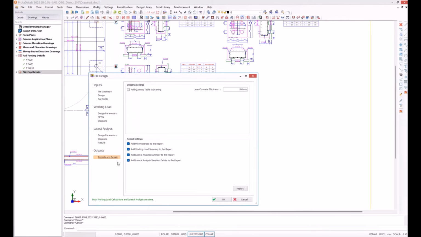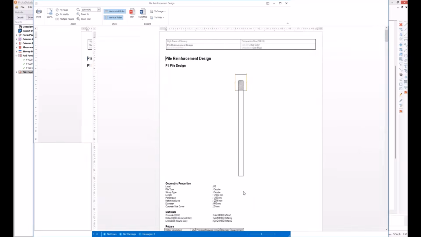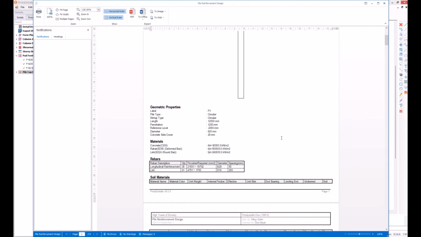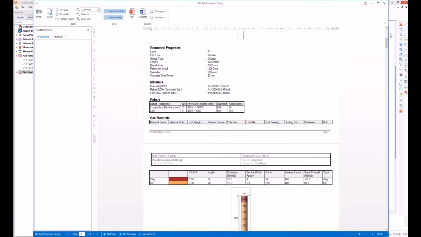And finally, the results. When I'm done, I would like to take this report because when I click the report, it generates the step-by-step calculation report for this pile. But beyond that, when I create this report, it adds the report to the previously generated model reports.